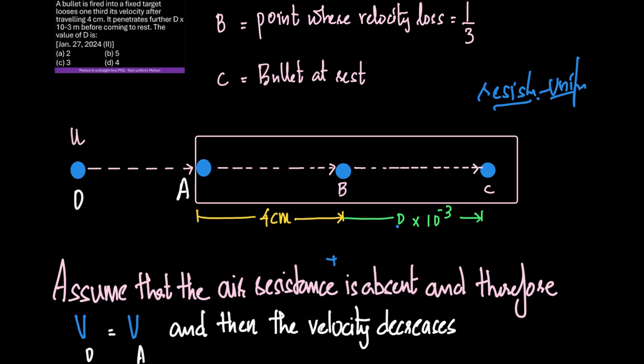One doubt that has always put me into a state of confusion: how did that happen? The explanation lies here. The velocity doesn't reduce till it reaches the plank or the target. The velocity reduces only after it enters, or rather starts entering, the target or the wooden plank here. Now keeping that in mind,